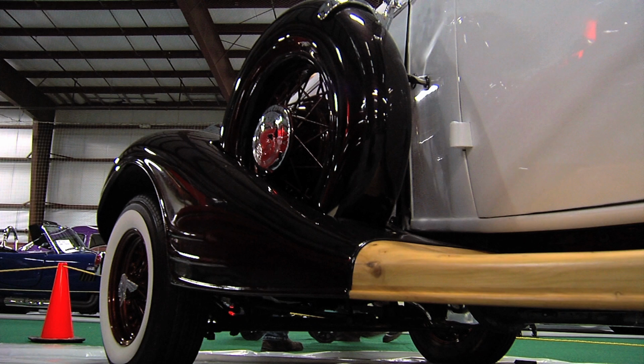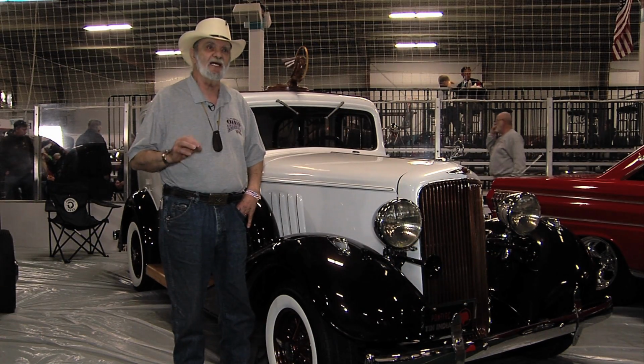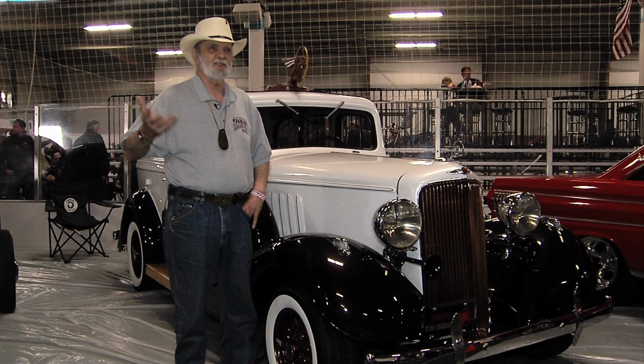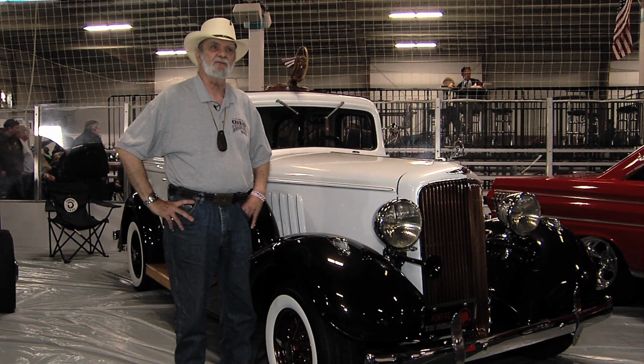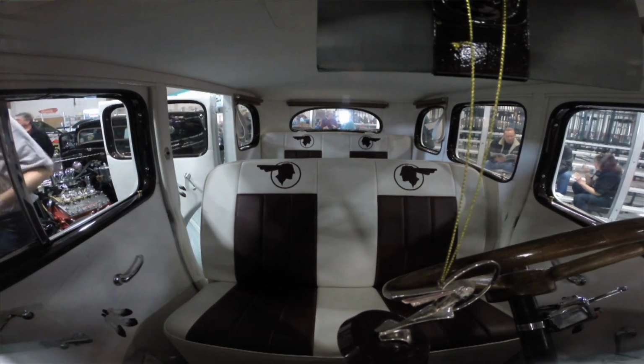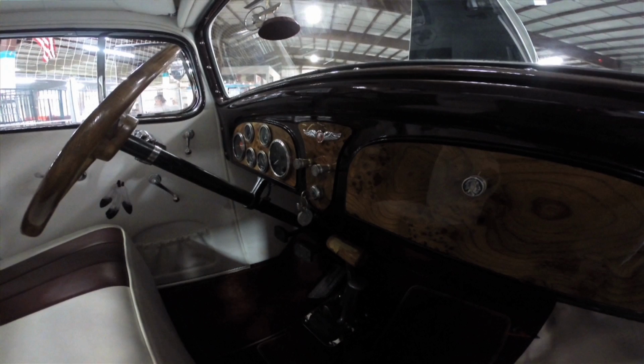And how's it go down the road? As far as I can tell, it goes real good, but I've only got 3.5 miles on it. I mean, literally, you've only driven it 3.5 miles since you finished? Around the block, because I didn't have insurance or plates for it when I got it running. And after 3 years of putting this together, you finally get behind the wheel. Did you get a little nervous saying,